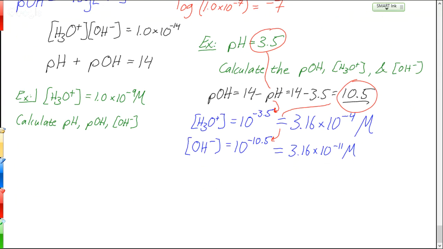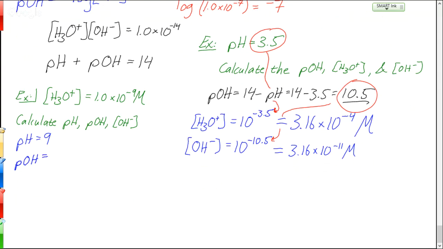So do you need a calculator for this one? I mean, you can use it, it's fine, but you probably don't need it because it's a nice even number. If it weren't a nice even number, then we'd want to use the calculator. All right, so what is the pH? If the hydronium ion is 1 times 10 to the minus 9, what does the pH have to be? Just 9, right? You take the exponent. As long as it's a nice even number, you can just take that exponent, and that's the pH. So the pH equals 9,